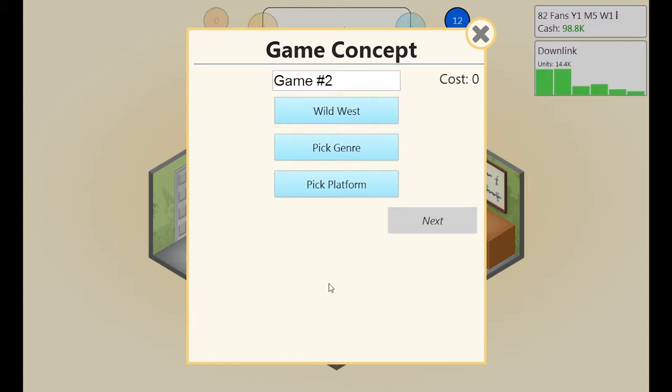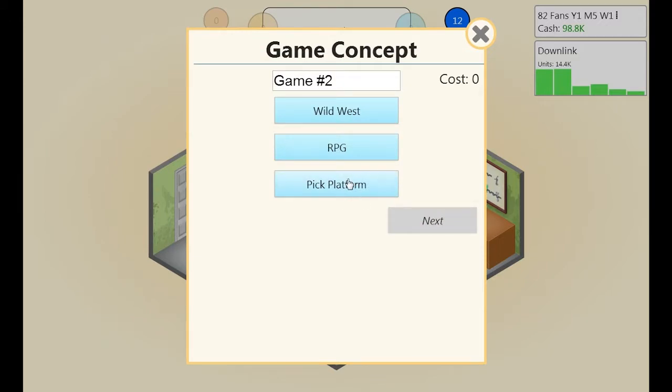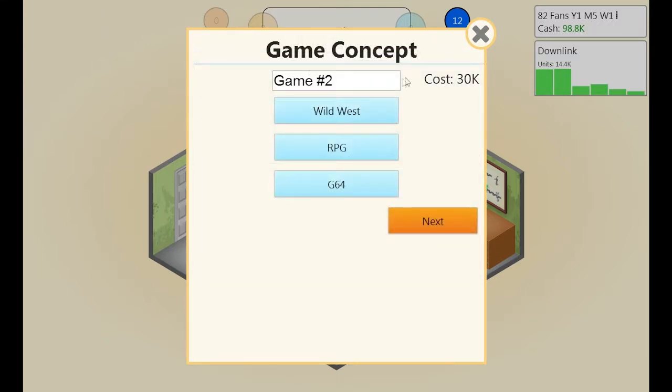Now, I'm not entirely sure what kind of game we want to do with a Wild West one. I'm thinking that maybe we could do an action game, because, you know, Wild West, gunfighting, lots of fun, that kind of stuff. Or maybe, just maybe, we could do... yeah, you know what, I don't think we're going to do an action game. I think RPG is what we're going to do. G64 is still the big player around here, so we'll work on that. And we'll call this...